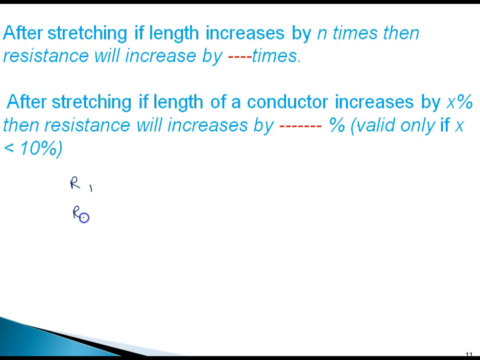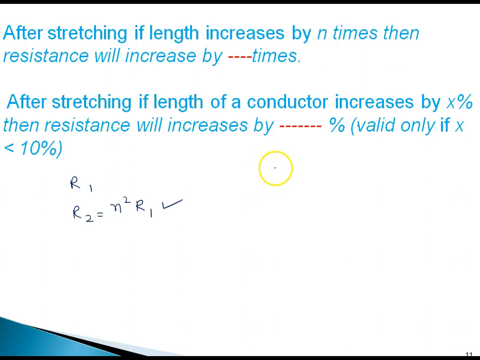The new resistance will be written as n square R1. We all know it. You can calculate, I think. Now come to the second part. After stretching, if length of the conductor increased by x% such that x is less than 10%, then you just